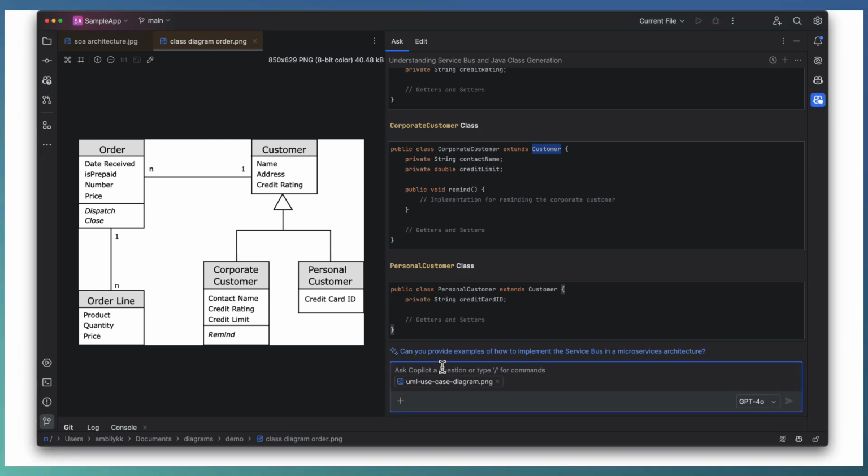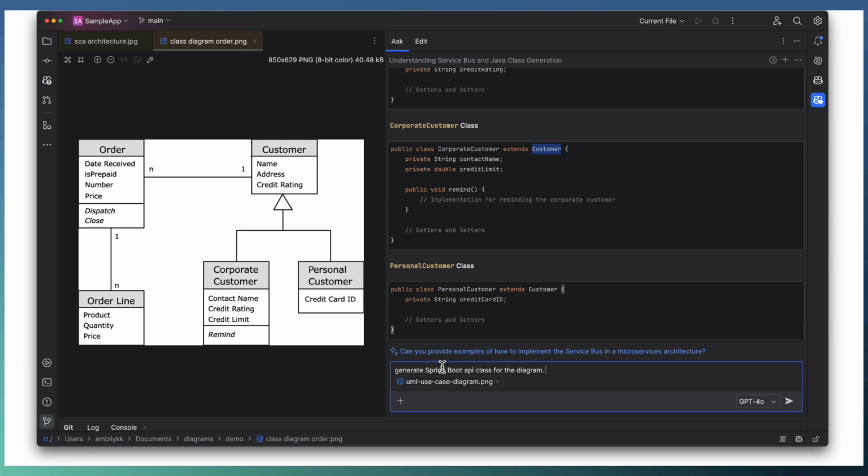And asking Copilot to generate, as we are dealing with Java a lot, Spring Boot API classes, a Spring Boot API class for the diagram. And obviously, normally the use case diagram will have actors and the corresponding object processing.